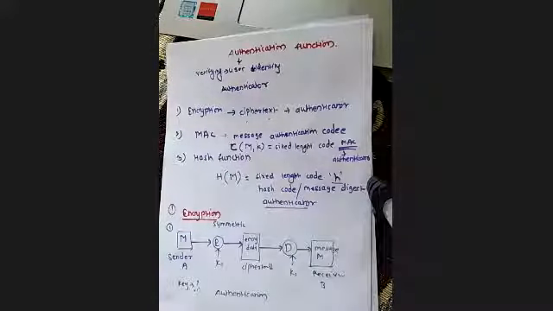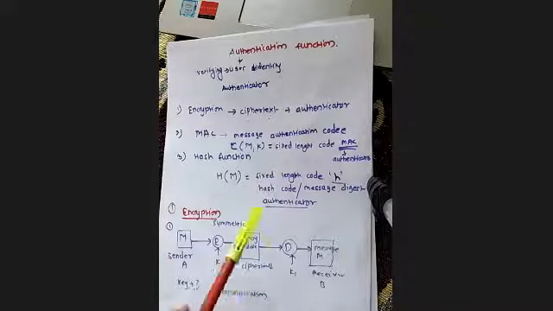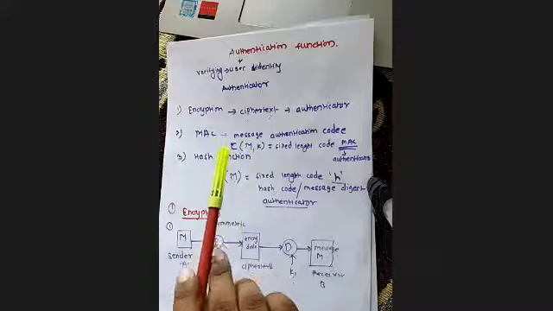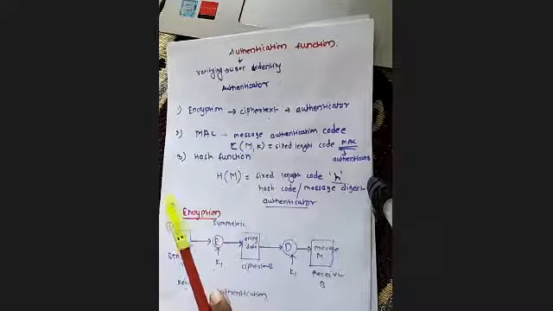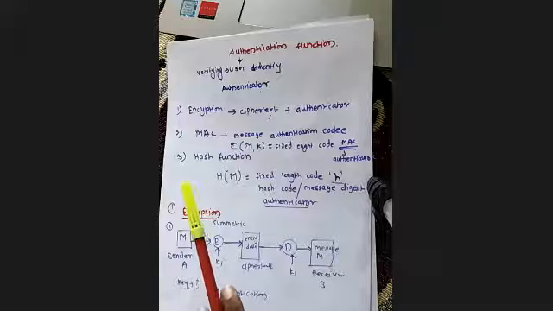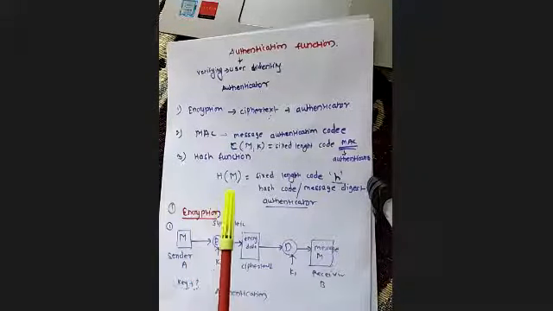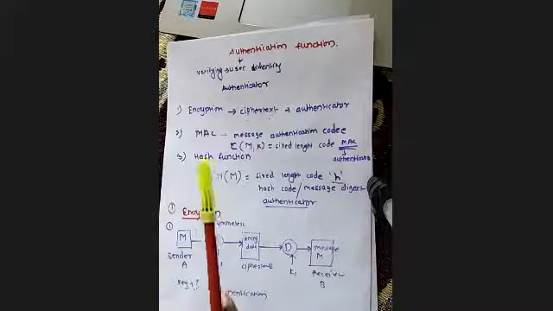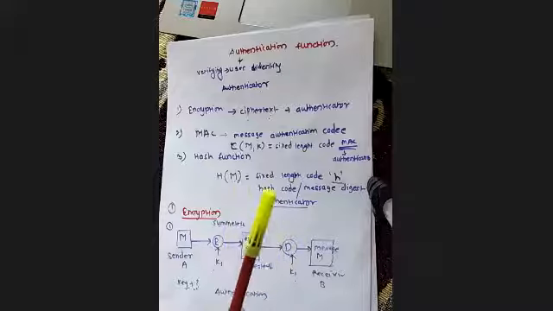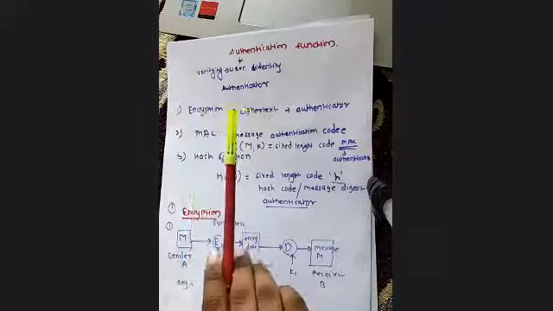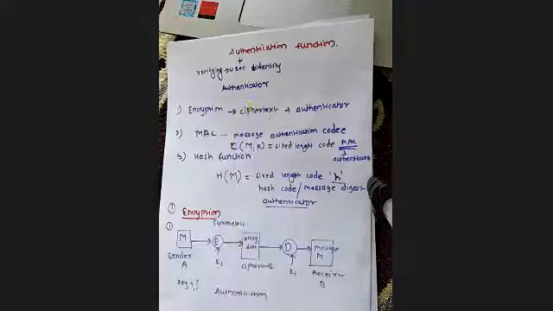So in the last session, we started with the authentication functions. We know that whenever two parties, two entities, are communicating with each other, there are some principles we have to follow. We have to make sure about points like integrity, confidentiality, authentication, availability, consistency, right? We have to maintain all of these, and one of the points is authentication.